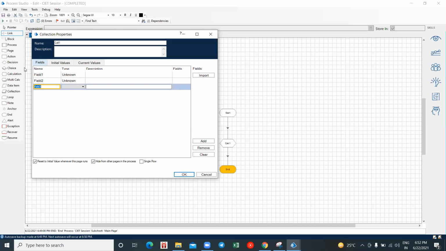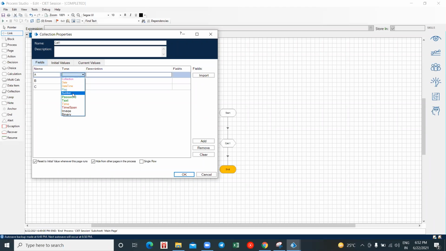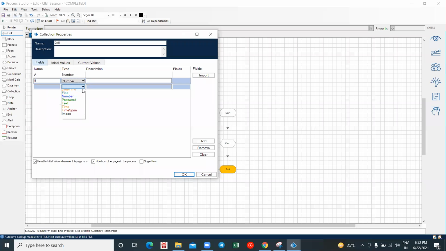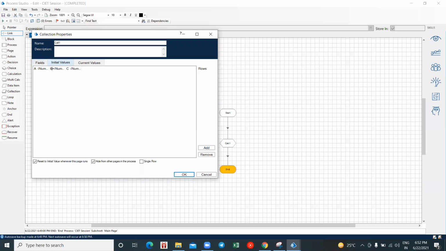Add. Okay, 3 fields I've added. I'm giving a name A, a name B, and a name C. And I'm giving their data types, number, number, number. Okay, and then go back to your initial values.